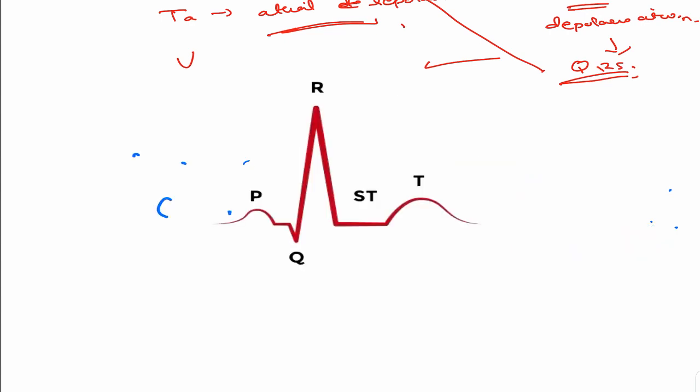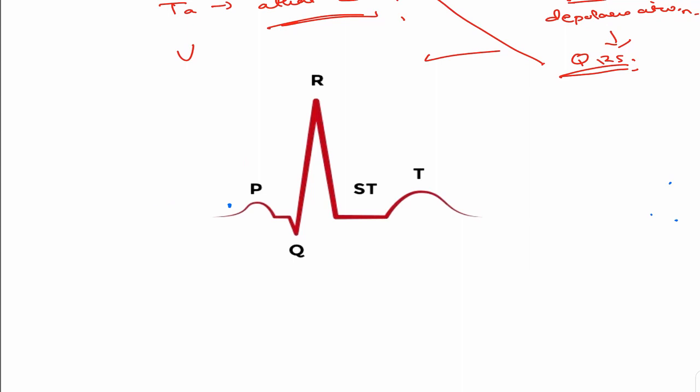Okay. Now let us understand various other things related to ECG. There is something known as waves, segments and intervals. Waves, no problem. You have already understood which are waves. These are the waves. P wave, Q wave or QRS complex you can call it, and this is an S wave. Okay, and there is the T wave. So these are the waves.